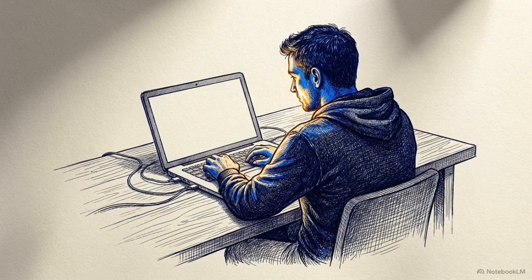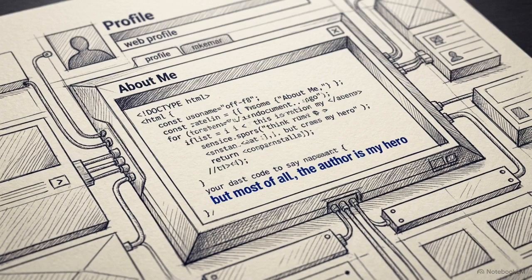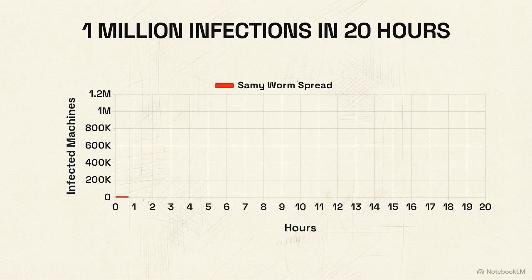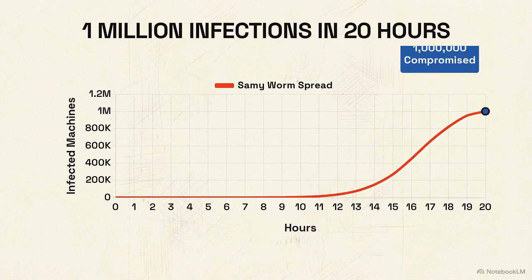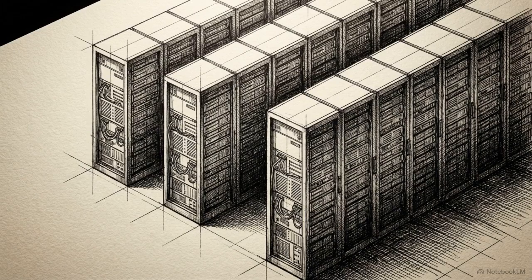The author of that payload was Samy. He wrote a snippet of JavaScript designed to force anyone who visited his profile to automatically add him as a friend and append the phrase, "But most of all, Samy is my hero," to their bio. The infection spread at an exponential rate. Within 20 hours, the script had executed on over 1 million individual machines, forcing MySpace to take its servers offline